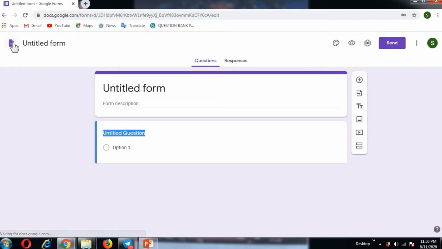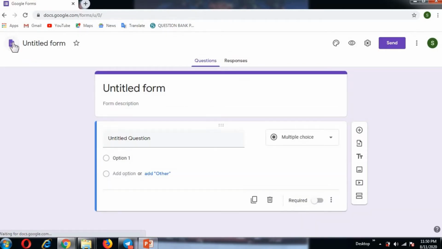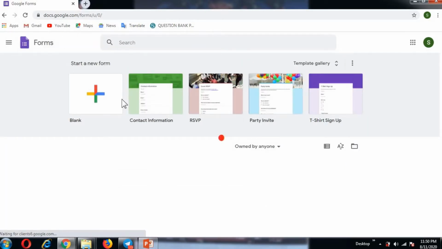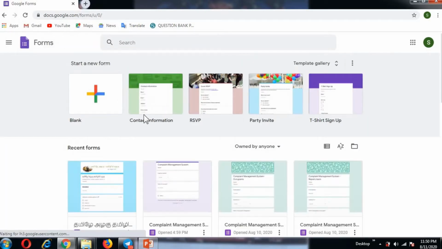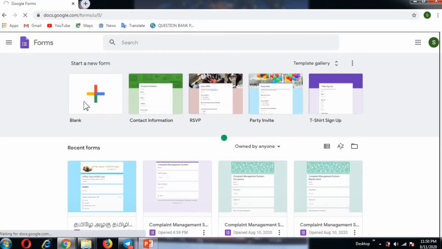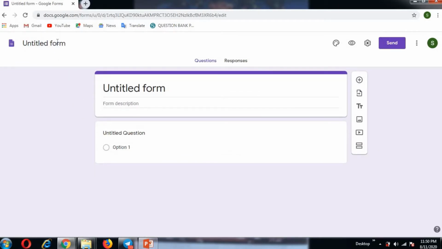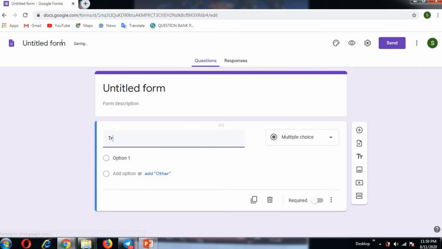So this is the Google form. I've got an untitled form. Already they have preset templates for contact information, RSVP and all. So I'm going to select a blank form. Let's start from scratch. So this is an untitled form. I'll give the title as